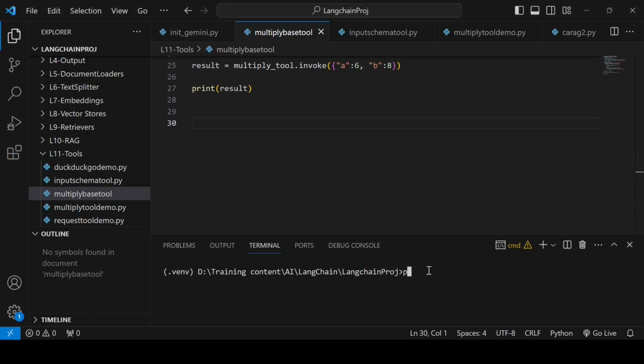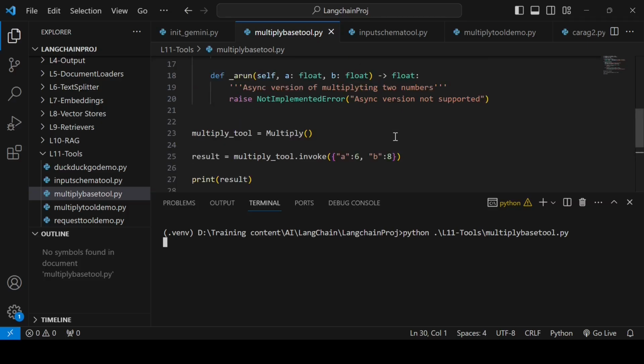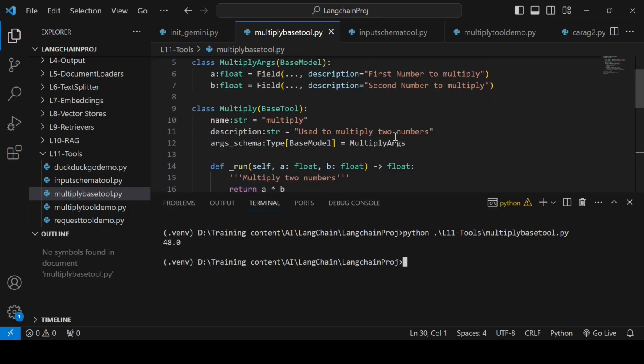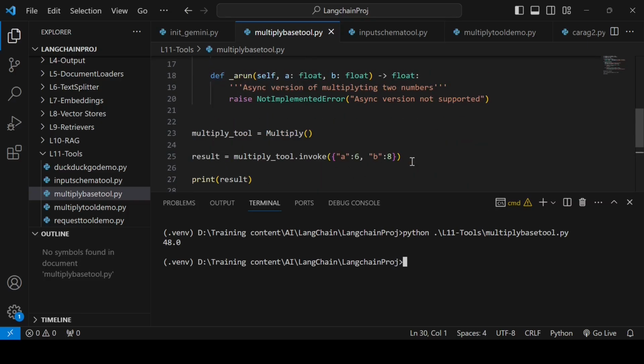Then I can run it. So I get the result as 48.